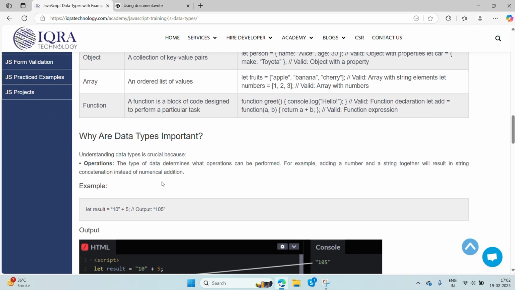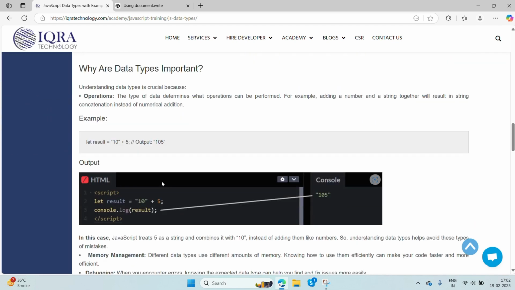Now the question arises, why are data types important? Understanding data types is crucial because of the operations. The type of data determines what operation can be performed. For example, adding a number and a string together will result in string concatenation instead of numerical addition.